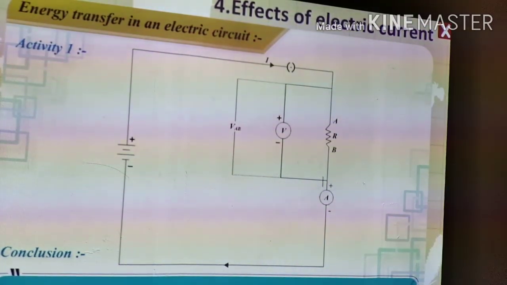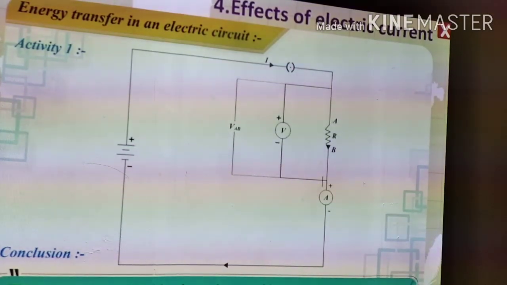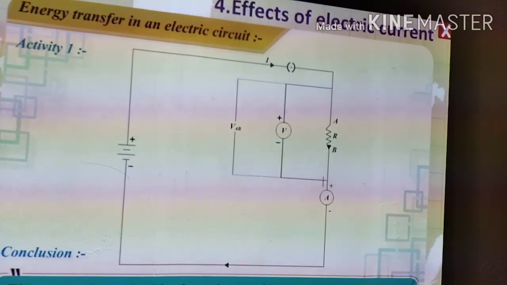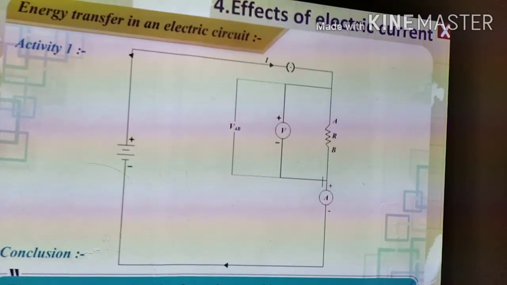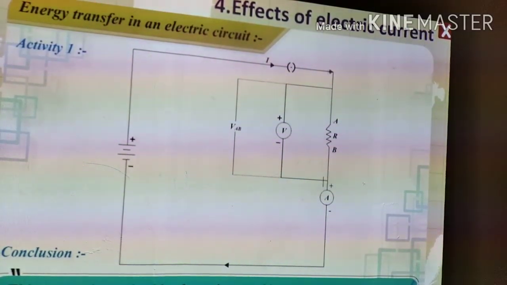For this work, energy is needed. The source of energy is the cell. The cell gives this energy through the charge Q to the resistance where work V AB is performed. If the charge Q flows from A to B in time t, that is, the work is performed in time t, then during that time the energy V AB Q is given to the resistor. This energy is received by the resistor and is converted into heat energy. The temperature of the resistor is increased.